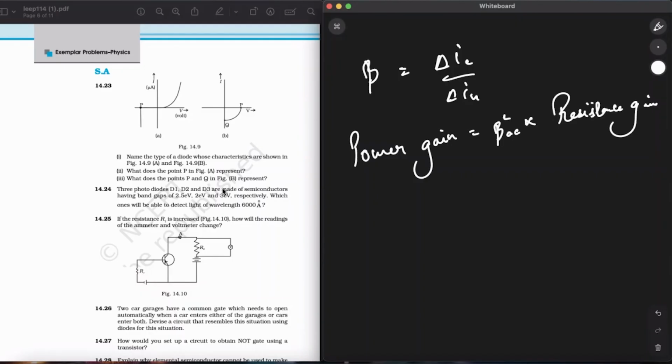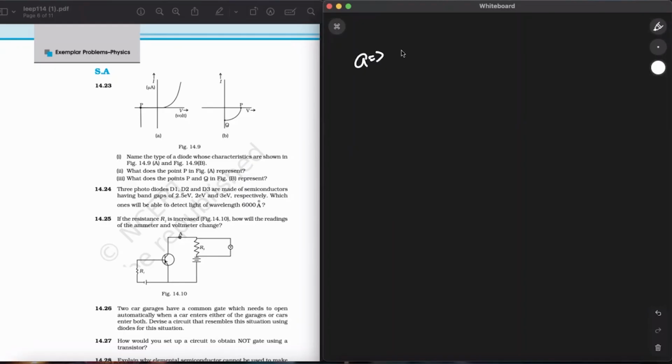Figure A represents the characteristics of a Zener diode, and curve B is of the solar cell. A represents a Zener, and B represents a solar cell. Now, in figure A, the point P in the Zener is the breakdown voltage. And in figure B, the point Q represents zero voltage and negative current, which means the light falling